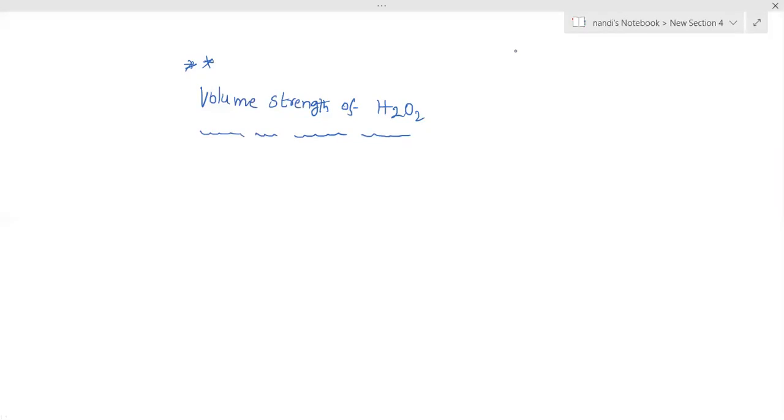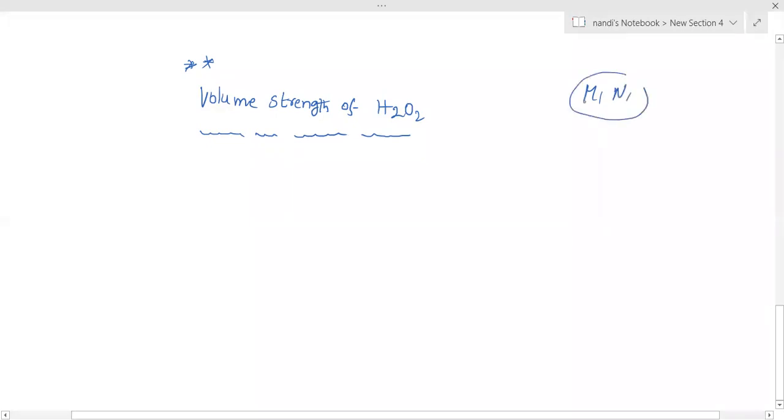This is a very simple concept. Correct, 71 into 10 power minus 3 only. Finally, you got for 100 ml, 71 into 10 power minus 3 by 0.71 into 100. I hope you know the molarity formula, normality formula, all these things. Here, volume strength is a special concentration term only for H2O2. I am using this only for H2O2. Like molarity and normality, I will use those here also, but this is a special case we are going to discuss.